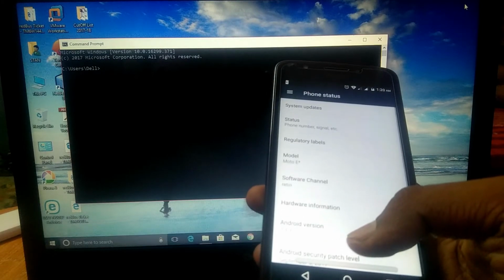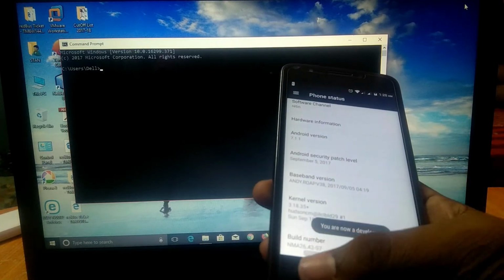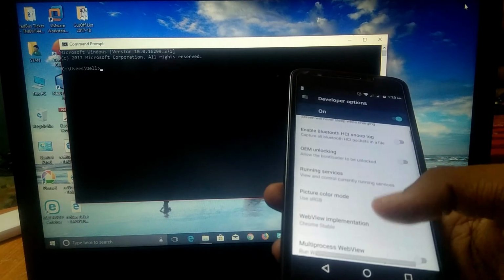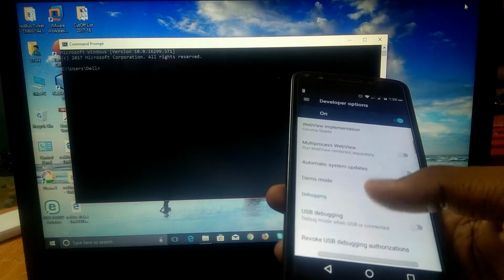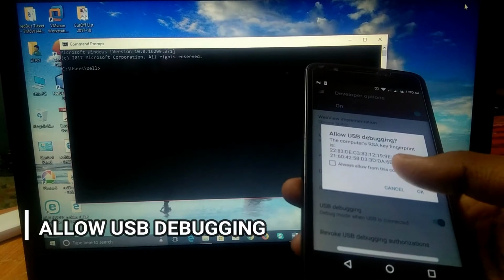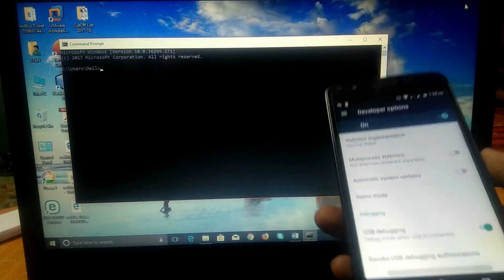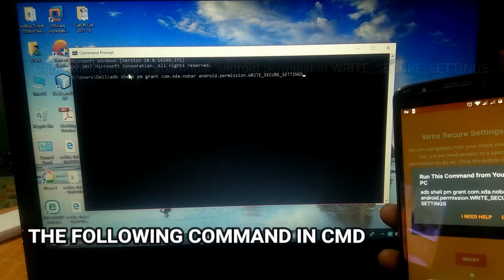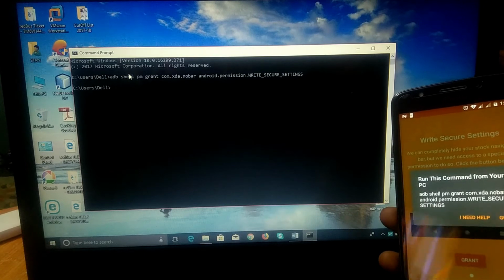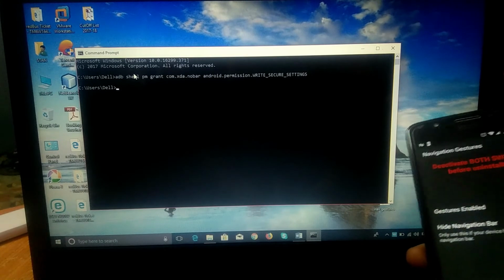Enable USB debugging. And allow from this PC, and type the following command. It should work now. Now you have navigation gestures on board and you can easily navigate to the like, share